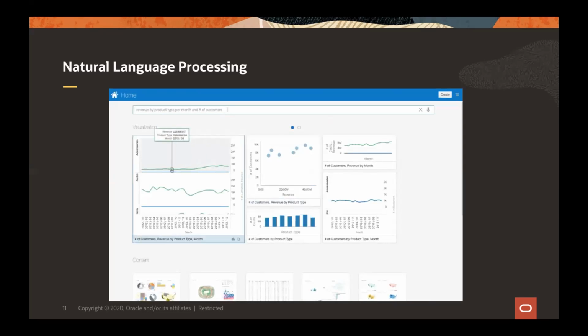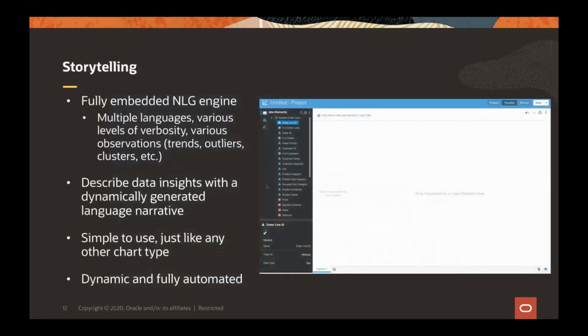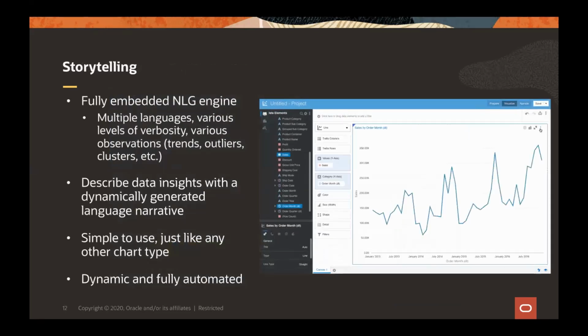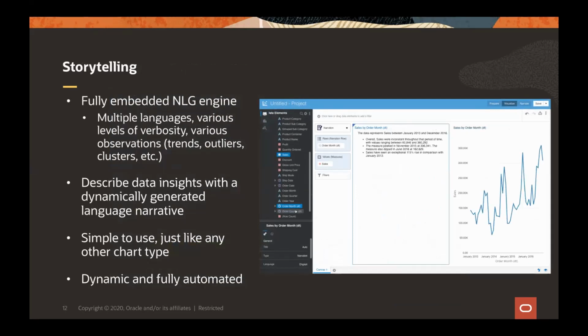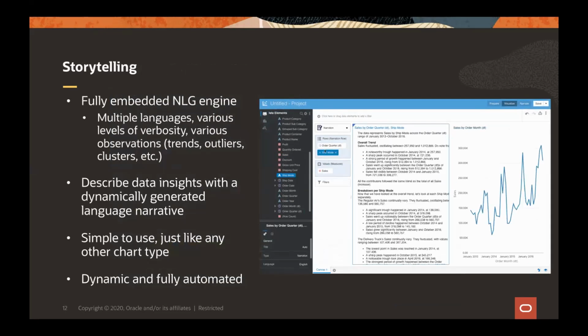And finally, for storytelling, the natural language generation automatically creates smart textual descriptions of visualizations that can interact with other data and instantly filter, saving you hours of time describing chart insights. And you can use it with just a few clicks. You can save yourself significant time and effort for reports and presentations, freeing you up to focus on more intensive